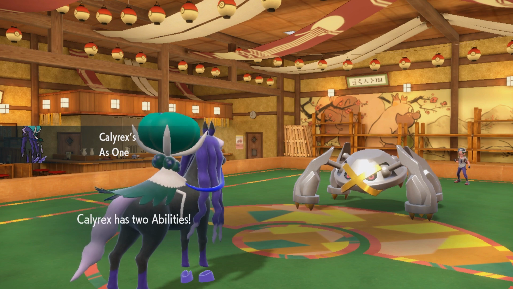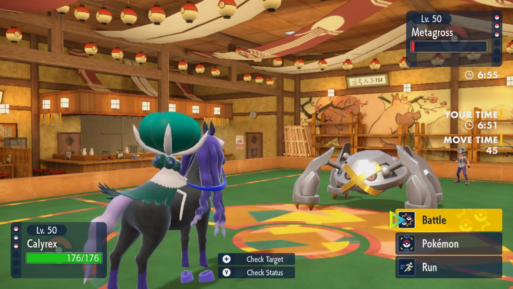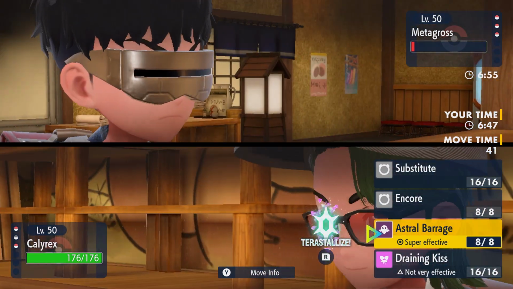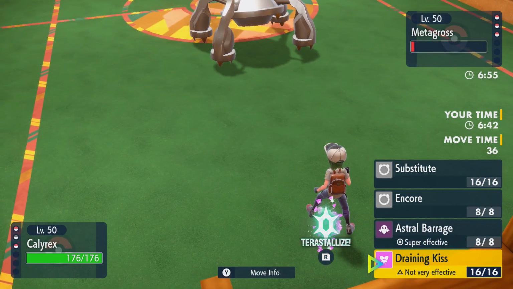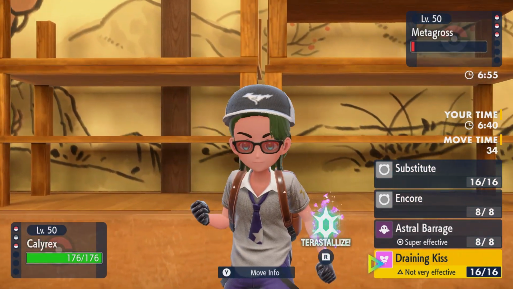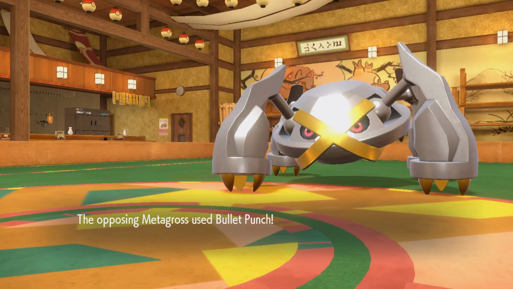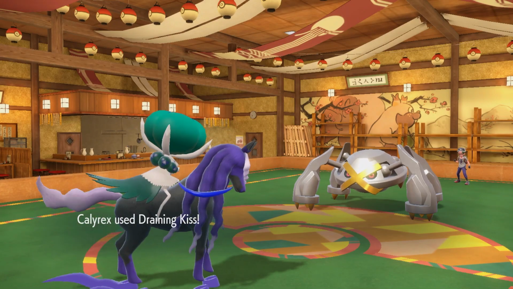They're obviously not Choice Banded, so we know that their damage is not going to be the max it could be. I'm tempted to go Draining Kiss. Oh my god. I'm tempted to go Draining Kiss, but if it doesn't knock them out... Oh my god, I'm gonna click it. This is really greedy of me and probably extremely stupid of me. Because if this does not knock them out...